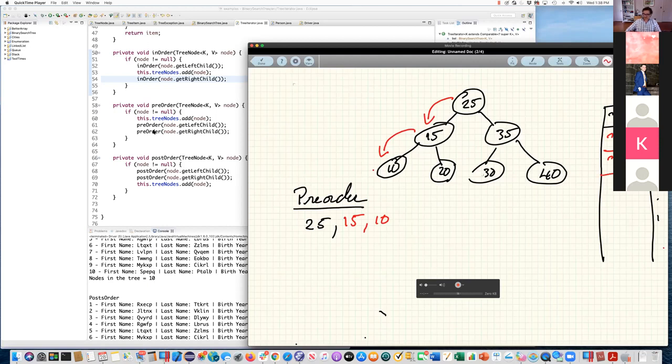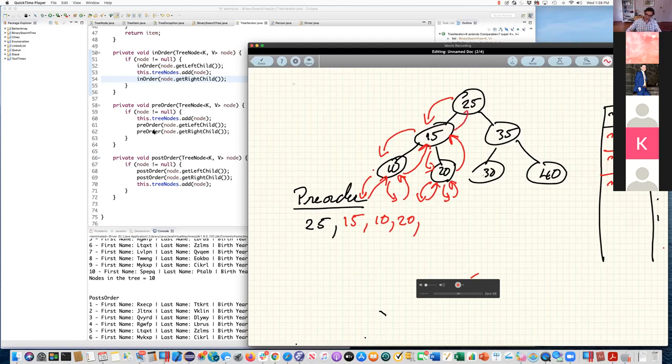Then I go to null, and there's nothing there. So I go back. I'm coming back from visiting the left child, so I have to go visit the right child. Nothing there. I come back. I'm done. I go back to 15. When I come back from 15, I go to visit his right child. His right child is 20, so I output 20. I go to visit his left child. Nothing there. Go back. Go visit his right child. Nothing there. Go back. I'm finished visiting the right child. I go back to 15.